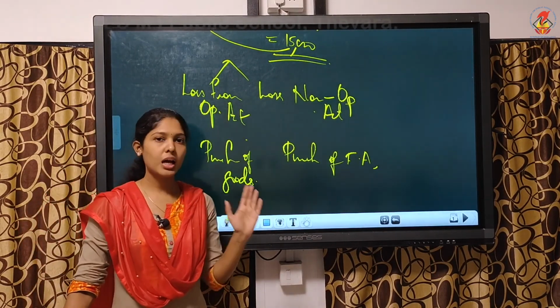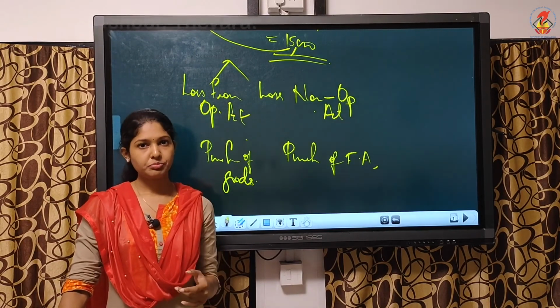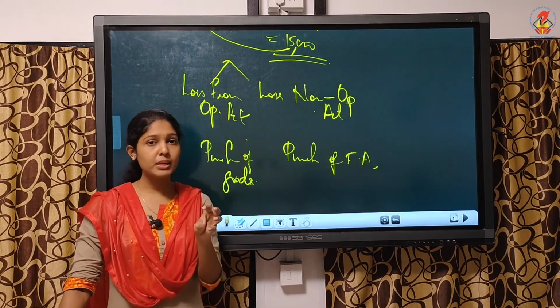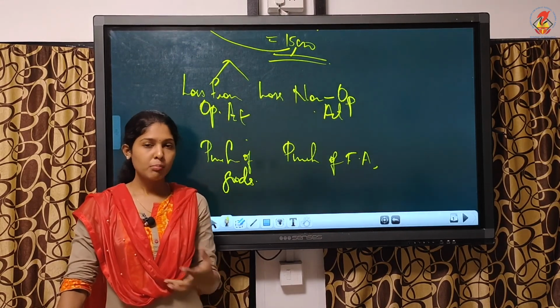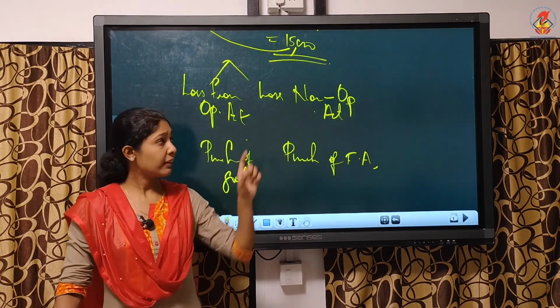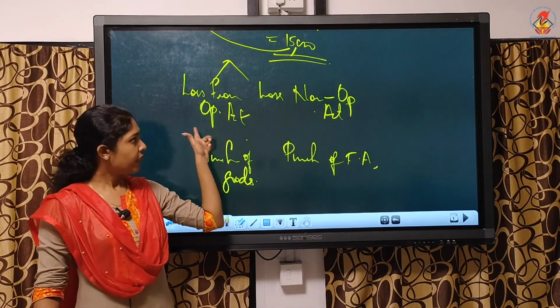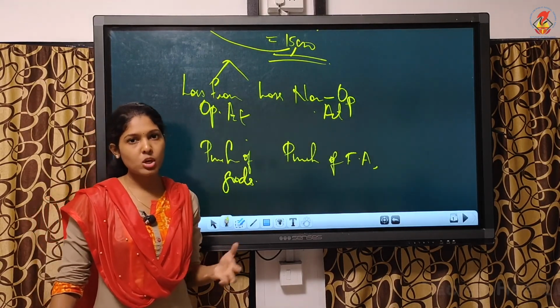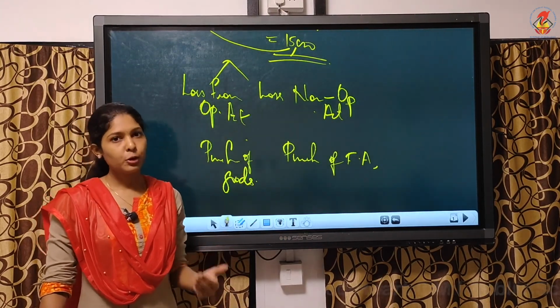Okay, so with this the chapter on basic accounting terms is over. All these terms are very important. You must know the exact meaning. No need to memorize, you can write in your own words, but the explanation must be correct and the keywords must be there. When I say operating activity and all, that word you must specify in your answer also, but other than that you can explain in your own words. So understand all these terms and then study, don't memorize.